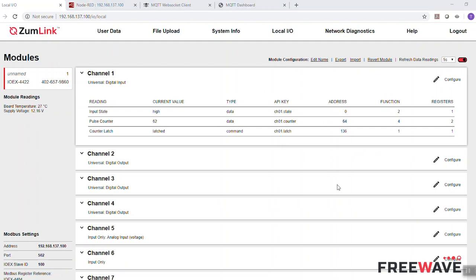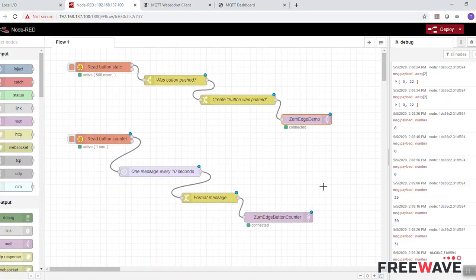As I mentioned earlier, you can also use the ZumEdge platform to run applications at the edge of your network. In this example, we've used Node-RED, a graphical programming environment, to create 2 small applications. The first application reads our push button status every 500 milliseconds through a Modbus register. It decides if that button was pushed, and if it was, it'll create a message and it will publish that